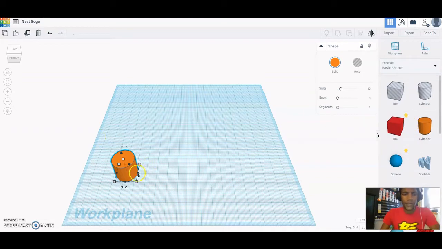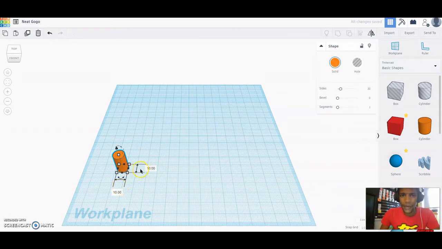If we want to change the size of our cylinder, we can click on one of these white squares around the edge. Notice that whenever we click on one of those white squares, 2 numbers appear. That lets us know that we're going to change the length and the width, or how wide it is and how long it is. So we can click on that, and we're going to move that on down, click and hold to drag it down